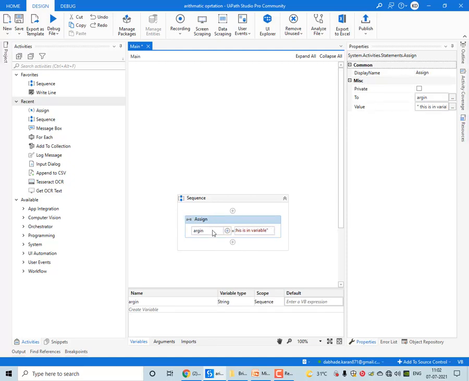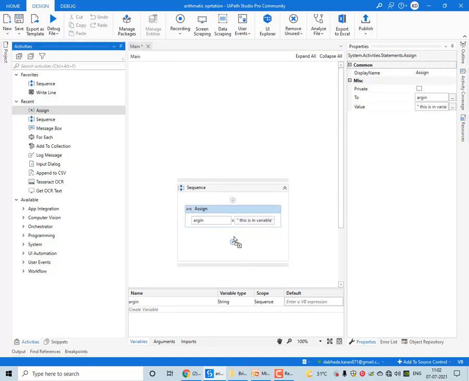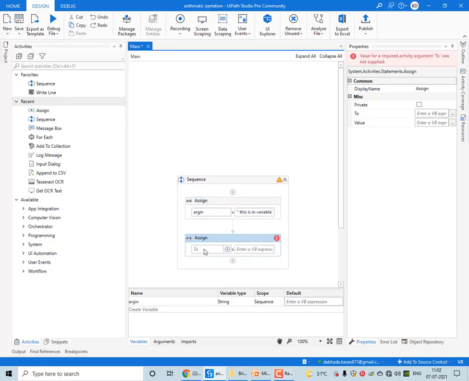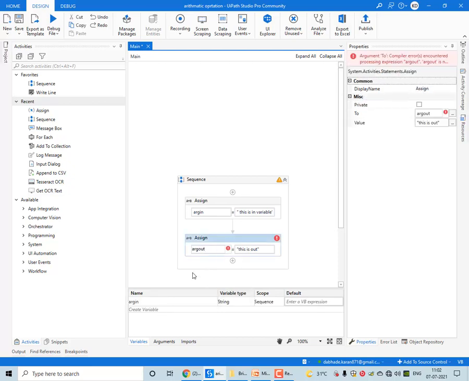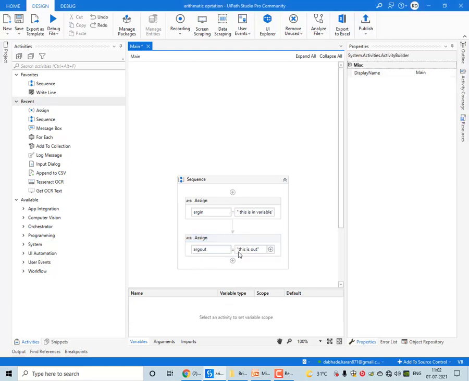Similarly, argument out, create variable.